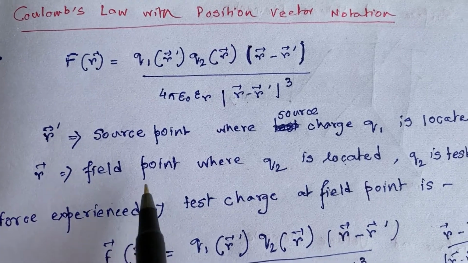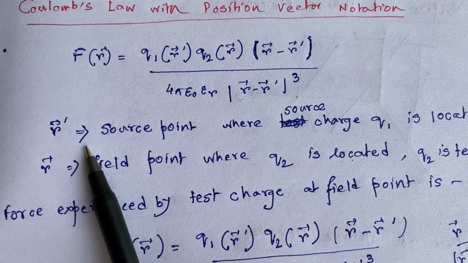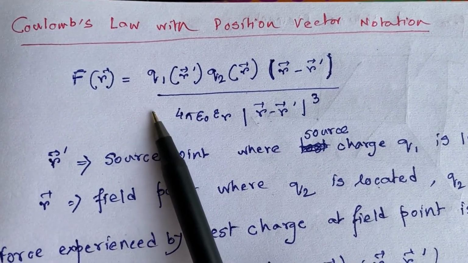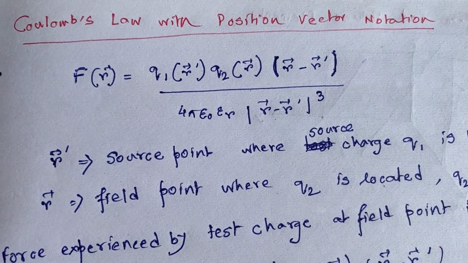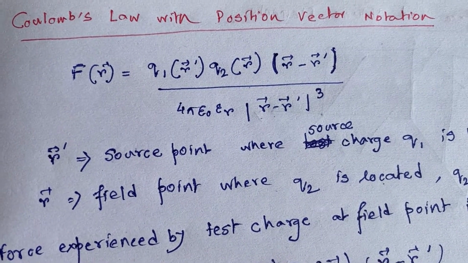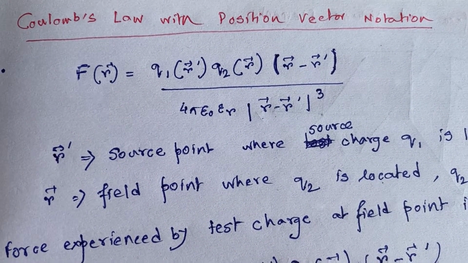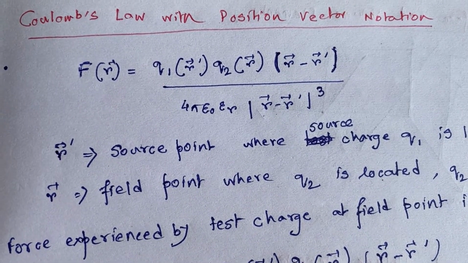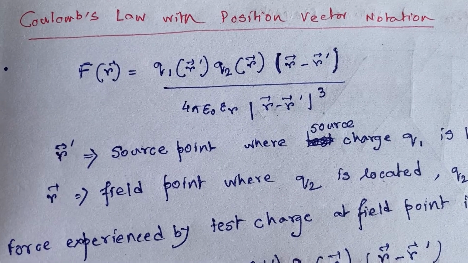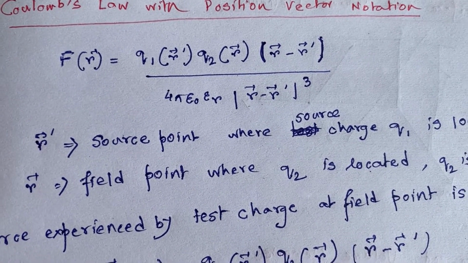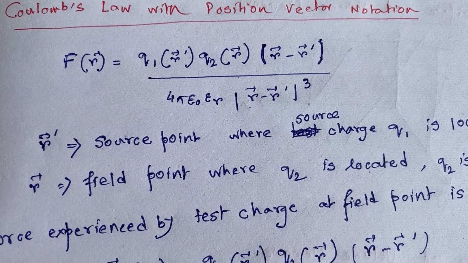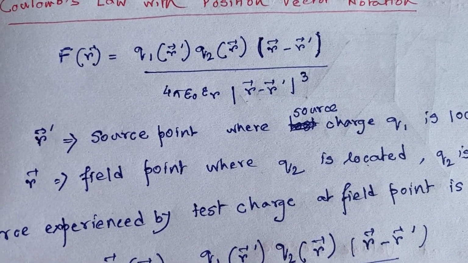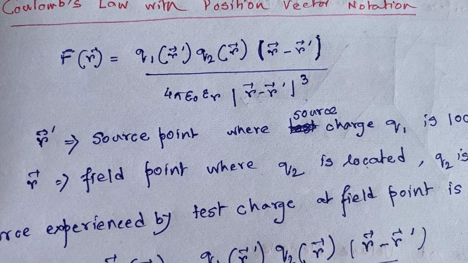Now I am going to write Coulomb's law with the position vector notation, but in a quite generalized way. Actually, I am going to write Coulomb's law for many charges, because in practical problems we do not have just two charges. We may have a lot of source charges. One thing I would like to mention is that the coordinates of the source charges may vary, but the coordinate of the test charge must be fixed.